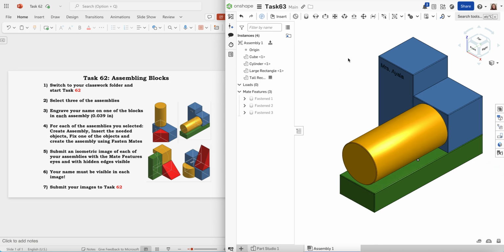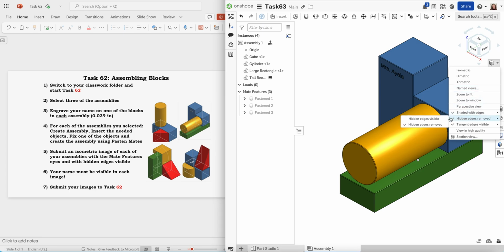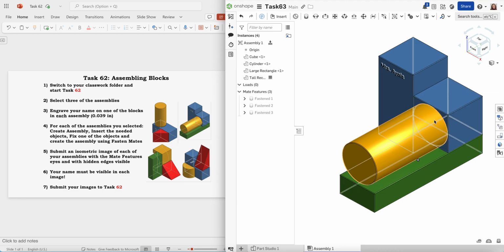I'm going to turn on the hidden edges by opening my View Cube menu over here, mousing down to Hidden Edges Removed, and turning that to Hidden Edges Visible. When you submit these block assemblies, we always like to see the hidden edges visible. And lastly, for each of the mate features, please click on the eyeball so that it's not crossed out anymore. This shows where you made all of your fastened mate connections, and it's a record, a way of showing your work